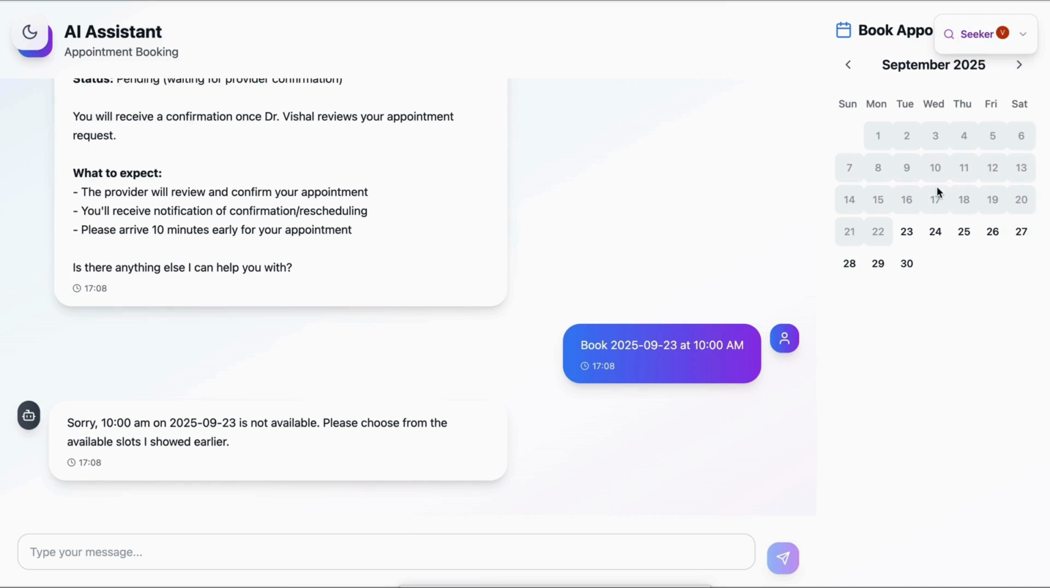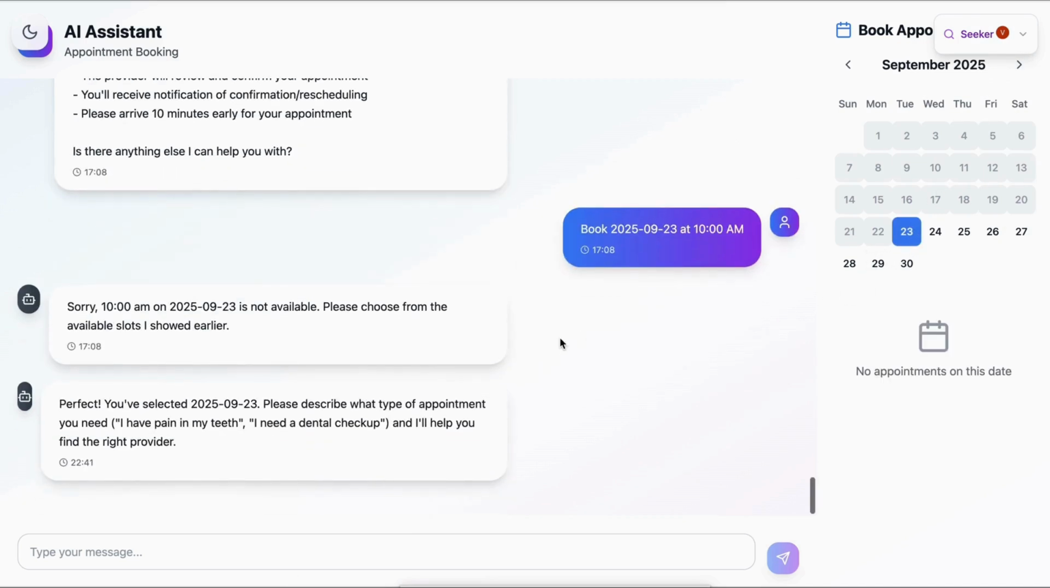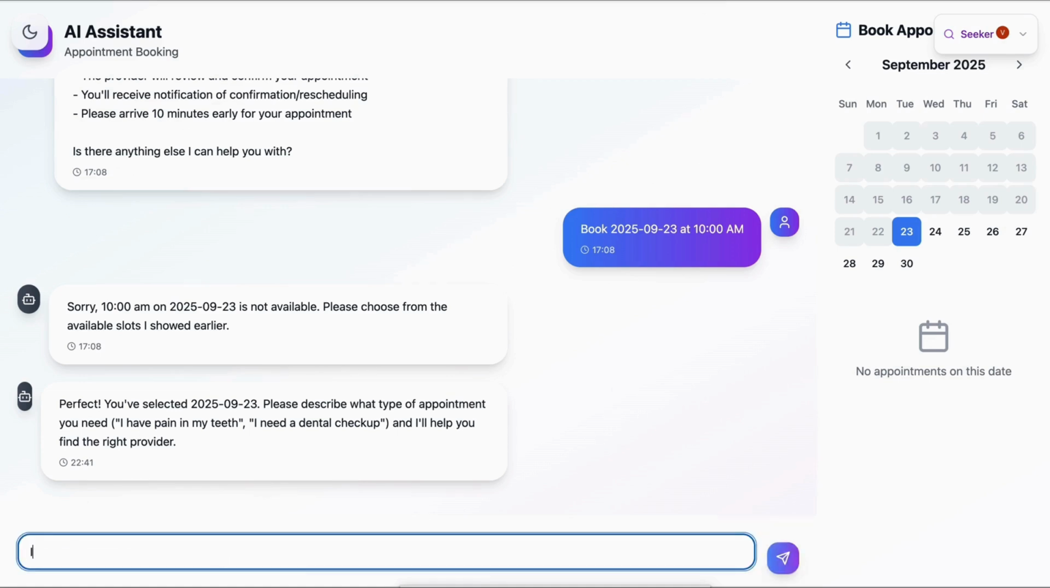To start booking an appointment, we first select a preferred date. Let's pick the 23rd of September over here. The AI assistant also allows natural language queries. For instance, if I type, "I want to book a lawyer appointment,"